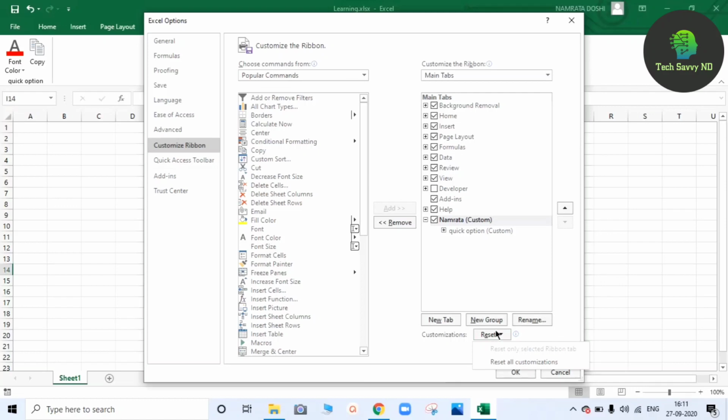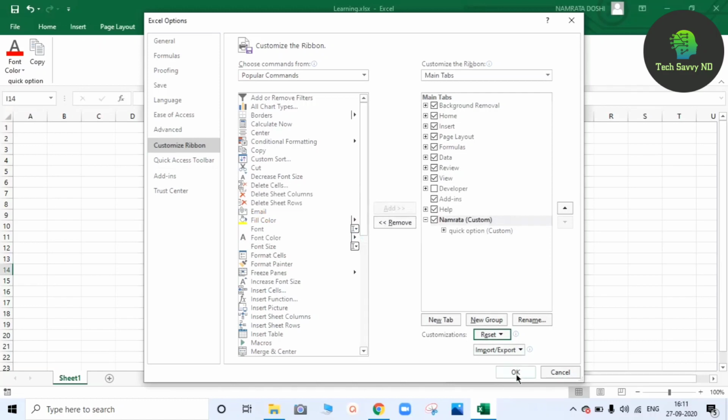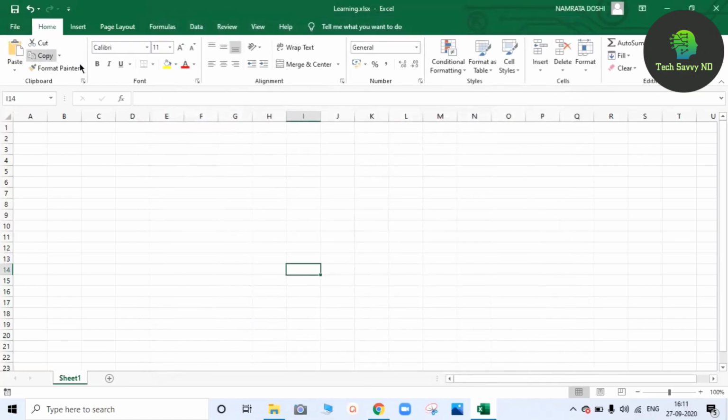Here you have to click Reset, and Reset all customizations. Press Yes and then click OK. Now you can see that all the tabs are in their default format, and my Namrata tab has gone. This way you can customize your ribbon as per your needs.